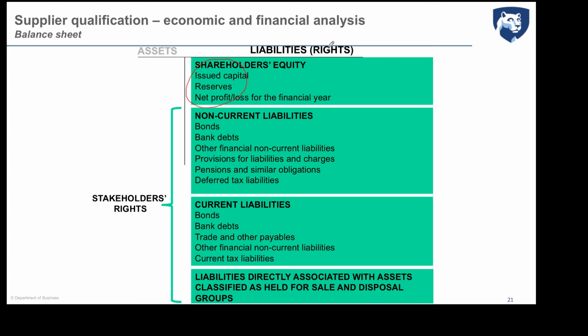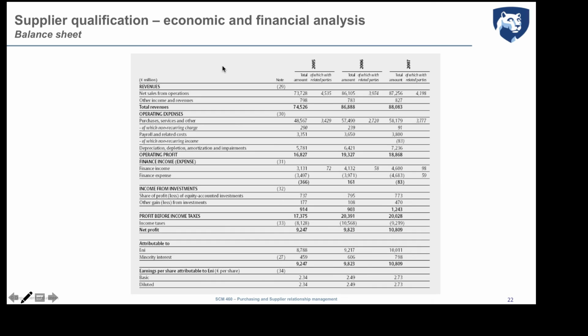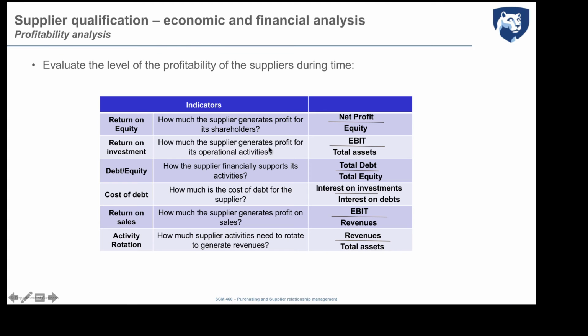So you take the balance sheet, you go on the liabilities, you see the total of the shareholder equity, you go on the income statement, you see the net profit, and you can calculate the ROE, net profit over equity, how much the supplier generates profit for its shareholders, which is different from return on investment, which is how much the supplier is able to generate profit from its operational activities, which is earning before interest and taxes divided by total assets,